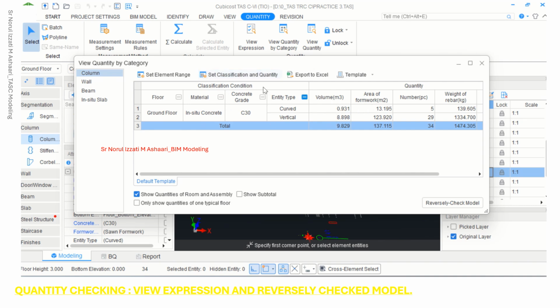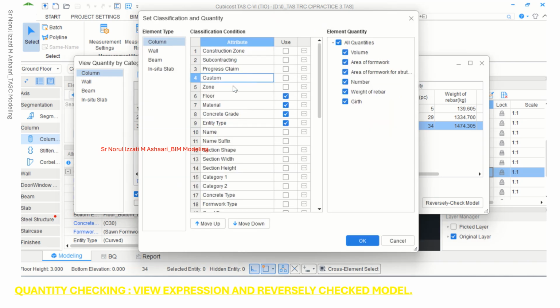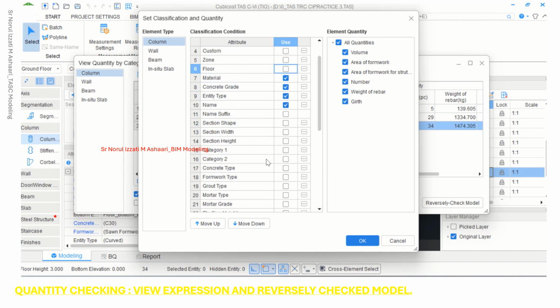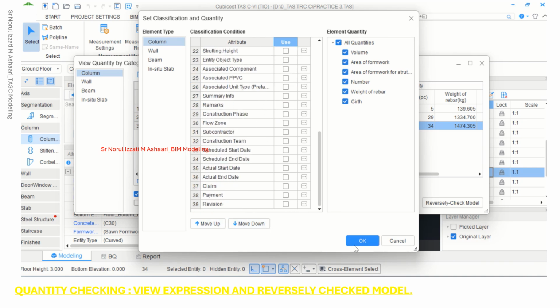Let's say you would like to see the information for the column based on certain attributes only. Let's say I only would like to see the name. I don't want to see the floor, and then you can also adjust to move in and out, move up or down from the classification condition. So you can click OK.